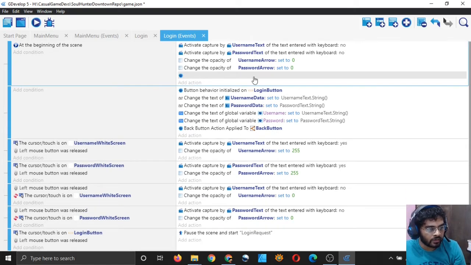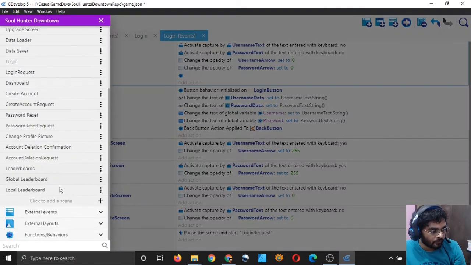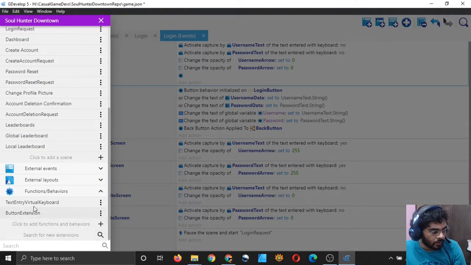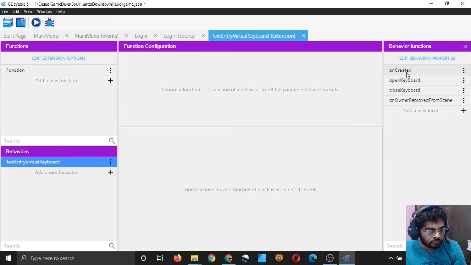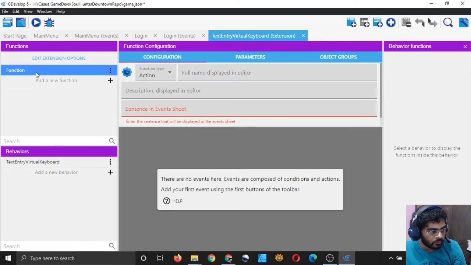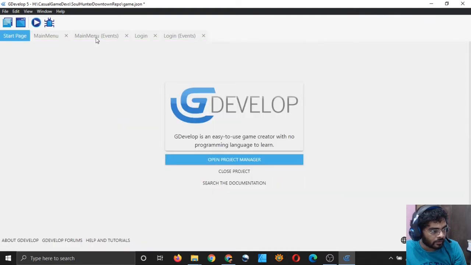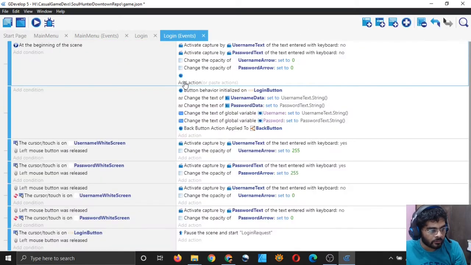It does not say anything, and let it be this way. I have the text entry virtual keyboard here on created and all. I have so many functions, so let's leave it at that. I do not want to mess with it.